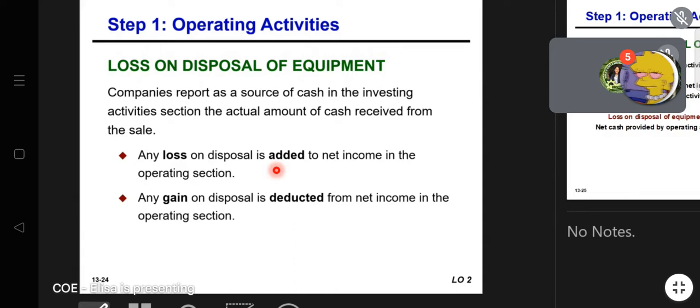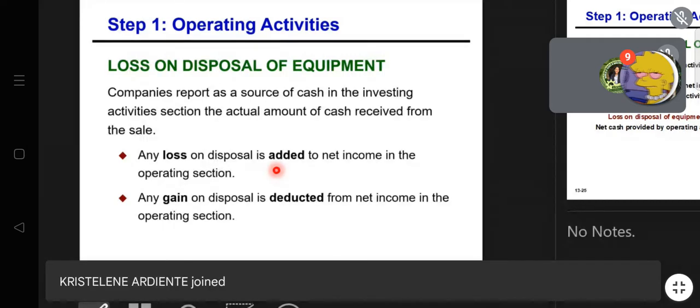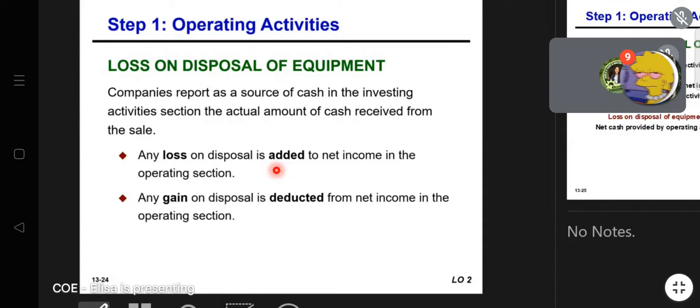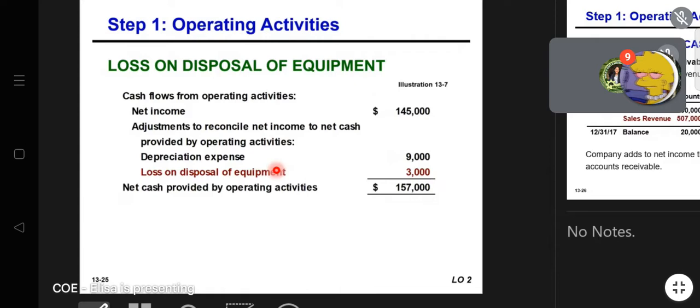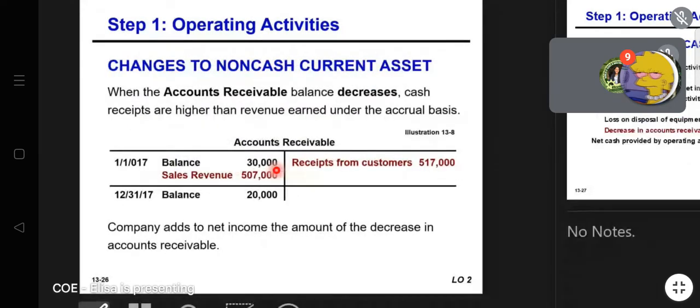But in this case, it is a loss, so only 145,000 was the net income generated because there was a loss of 3,000. But we are trying to reconstruct how much is our cash gain because of operating activities. If it is a loss, we add it back; if it is a gain, we deduct it. So in this case, the loss on disposal is added back, just like the depreciation expense. Okay. Next is,